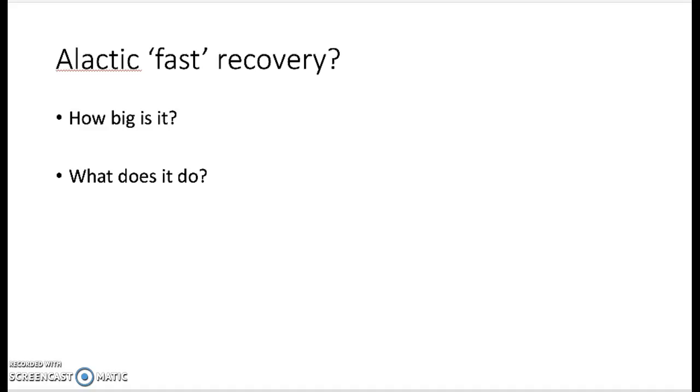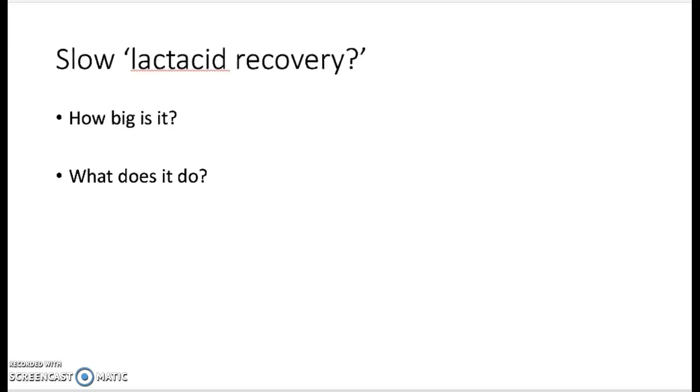But 50% of phosphocreatine stores are resynthesized within the first 30 seconds, and it uses an additional 1 to 4 liters of oxygen. This will be very small because we need to use mostly the lactic acid slow component of recovery. So this is obviously going to be larger because we're doing longer